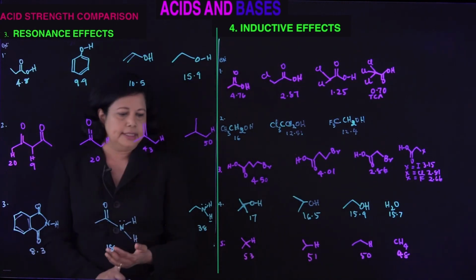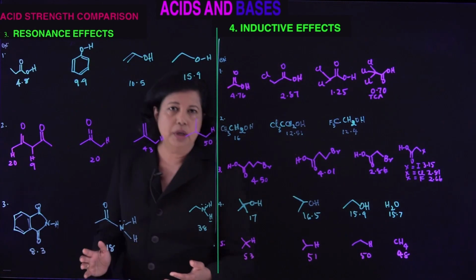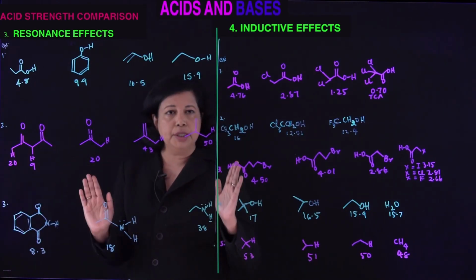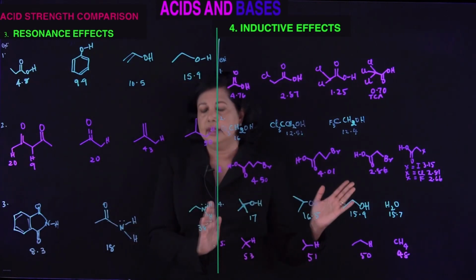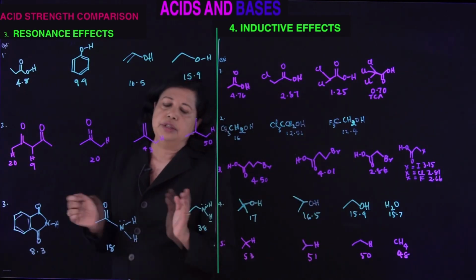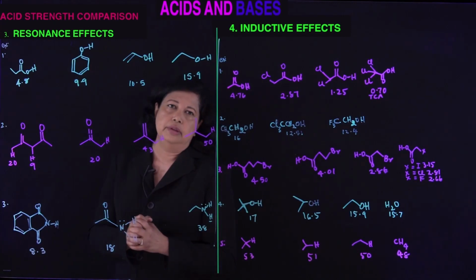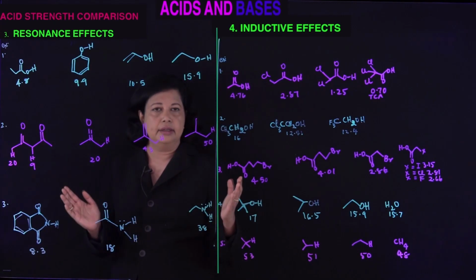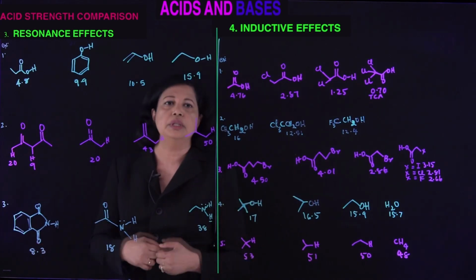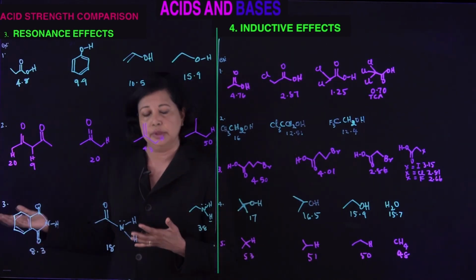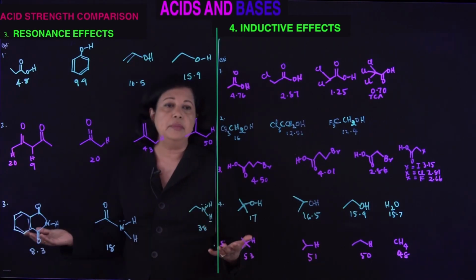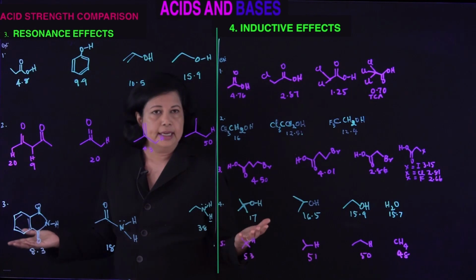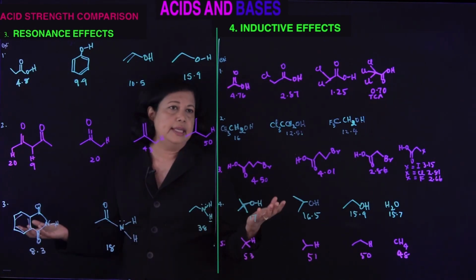The first one was the element effect. What element the hydrogen is bonded to before it dissociates is key to the acidity of the molecule, right? We also talked about how if the anion, the conjugate base, is more stable, that makes the acid more acidic. And so the element will stabilize the anion if it's more electronegative and make it more acidic, and we saw